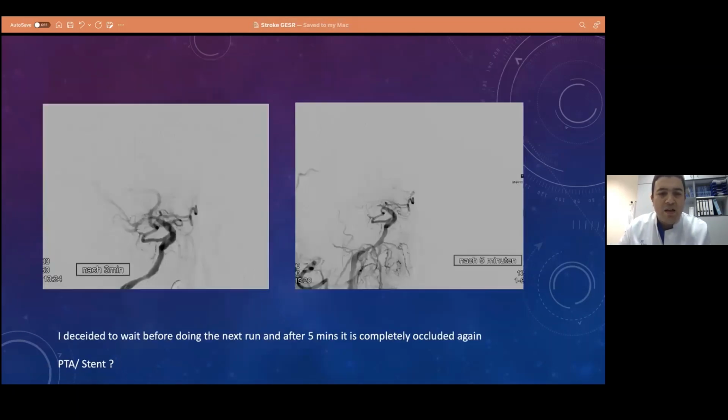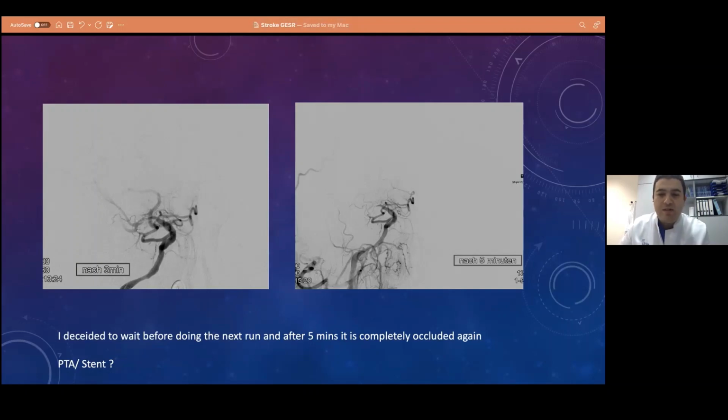So I waited for like 3 minutes, and then 5 minutes, and I did another run, and it gets closed again. You see here, and after 3 minutes, it looked like a very high-grade stenosis of the M1 segment, causing this thrombosis of the vessel. And at this point, I was not really sure, should I stent it, should I do a PTA, or should I do nothing? So I